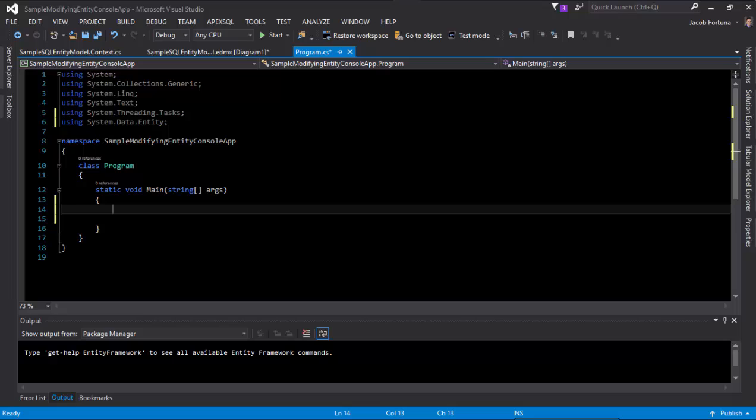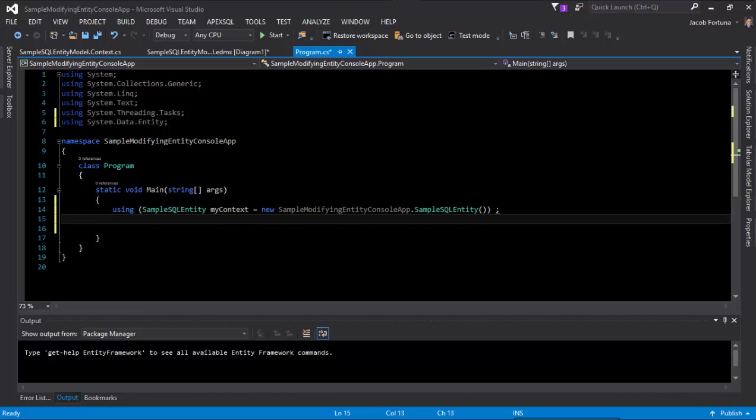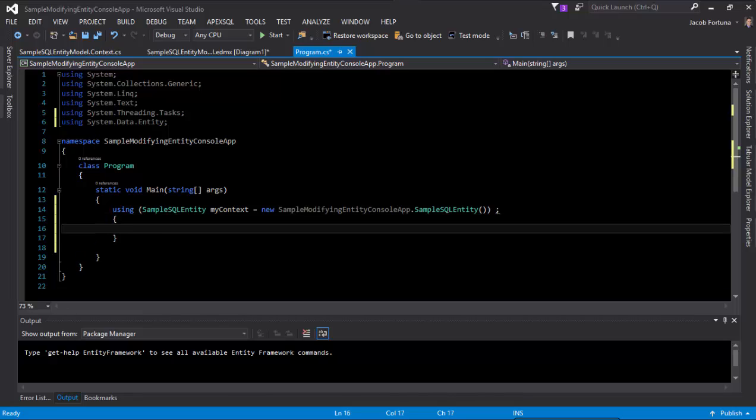So we've got using sample SQL entity, and I'm just going to call it my context because that's again the DB context that we're targeting, equals new sample SQL entity. So that gets us basically this place where now we can talk to that context and begin doing our insert, update, delete type statements. So the first thing we're going to do is we're going to add a try block,